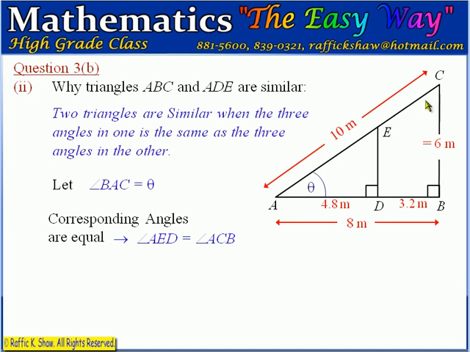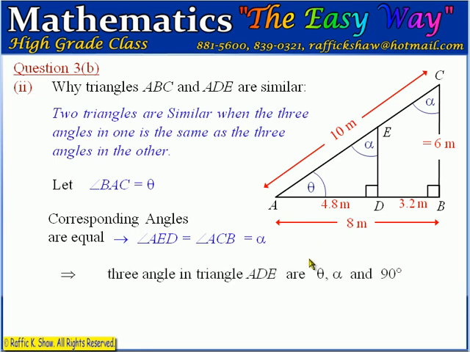So these two angles are equal, and we can call those two angles alpha. We can show alpha there and alpha here. So now we can show that the three angles are equal in the two triangles, which would make them similar. So if we examine triangle ADE now, that's this one, we see that the three angles are